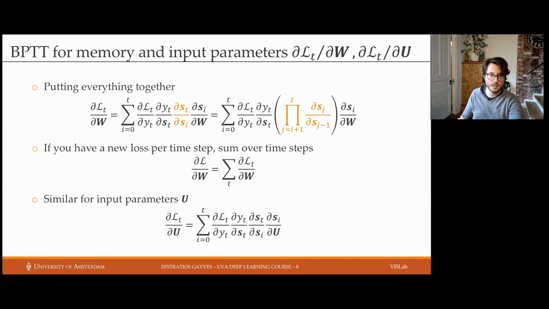So putting everything together, we arrive at this result. We've got again the derivative of the loss with respect to the output, then of the output with respect to the state variable, and then of the state variable with respect to each of the internal state variables. And this is a summation, as we just saw before. And then in the end, each of these internal state variables with respect to W. And since this orange term here is a product, as we just saw,